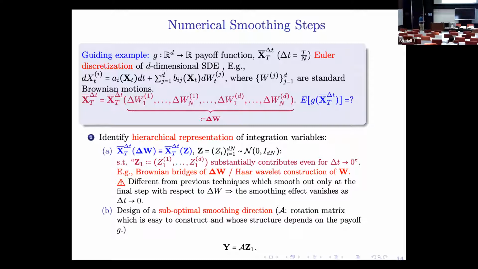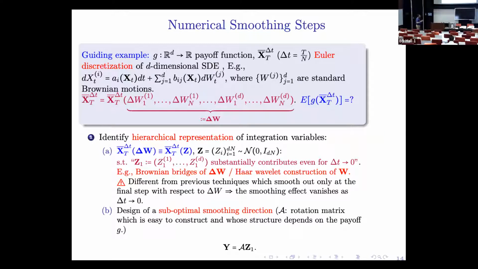I should emphasize that this way is totally different from previous techniques that smooth out at the last step, but they smooth out with respect to delta W. And this can be problematic because the smoothing effect will scale with respect to delta t and it will vanish in the limit. Okay, so this is the first